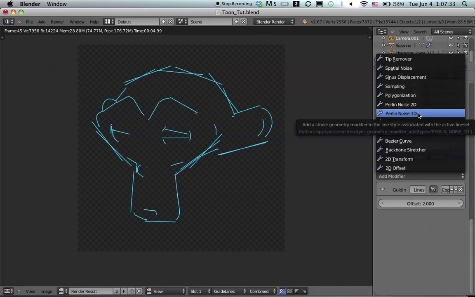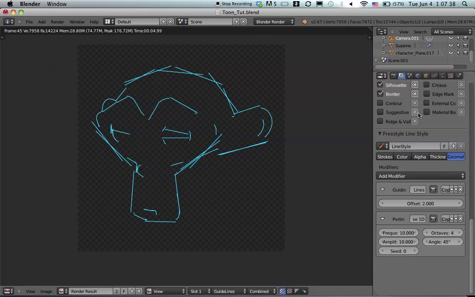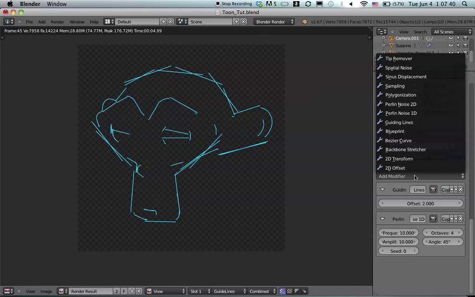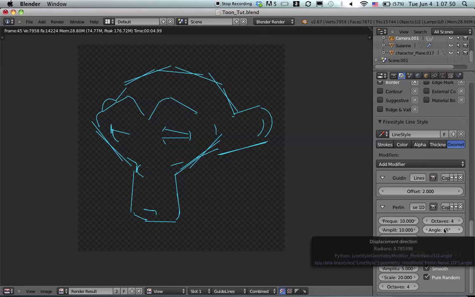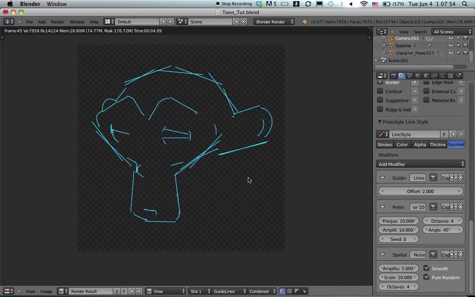So there are a few different noise functions in Freestyle. The ones we're going to use today are Perlin noise and spatial noise. The big difference between these two is that Perlin noise is executed at an angle. So I have mine set to 45 degrees. I didn't bother to change it. I like how it looks. So basically, if your line's going at 45 degrees, you won't see any sort of wiggliness to it because the noise is being